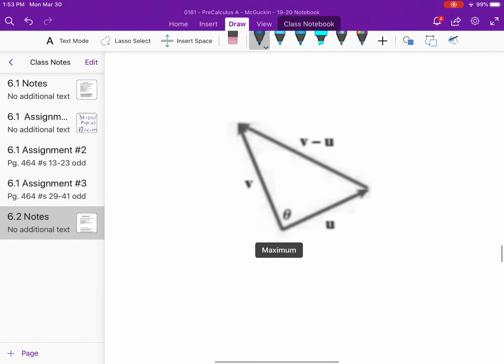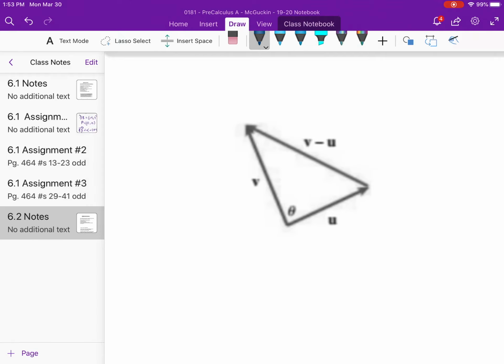So I want to focus first and foremost on this diagram that I have posed for you here. Now, this is going to serve as a couple of different facets, if you will, for our diagram. One, I want to show you what I actually mean when I say an angle between two vectors. So if you see u and v, like we do right here, you have these two vectors, u and then our vector v. You see that, of course, they are both in standard position, and there is an angle that is created